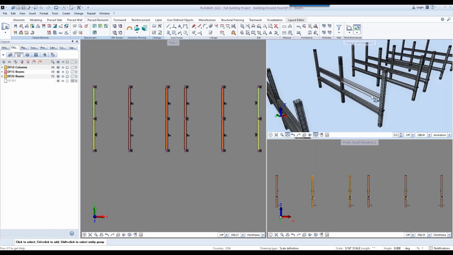The reason we need to change this beam 3D object into a precast element is because ALLPLAN and PlanBar have a full set of 3D modeling tools that really allow you to create anything you want, and not everything that you might be modeling will be a precast element. So this way you can just change the objects you need to be precast with really no limitation.